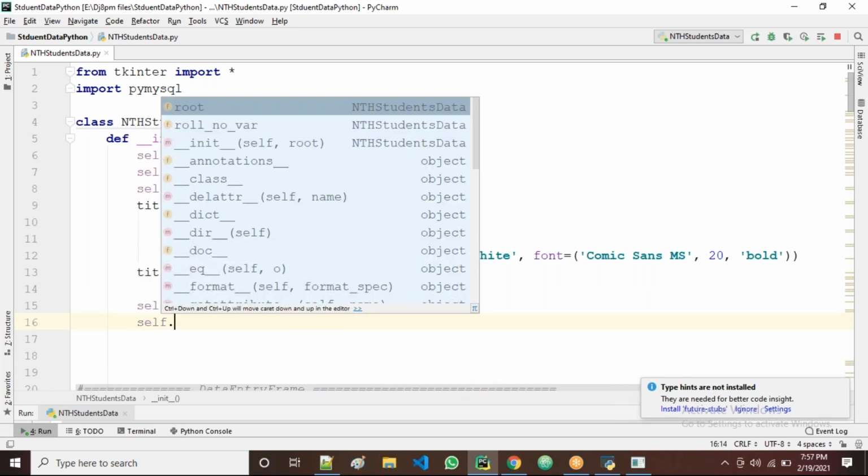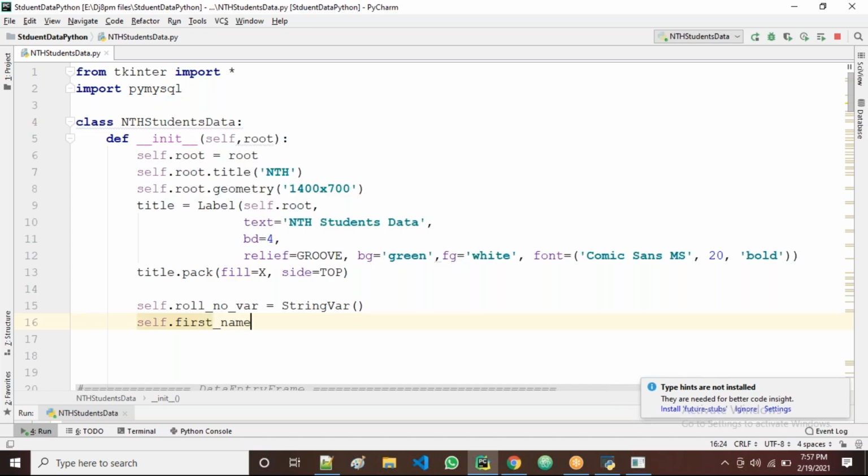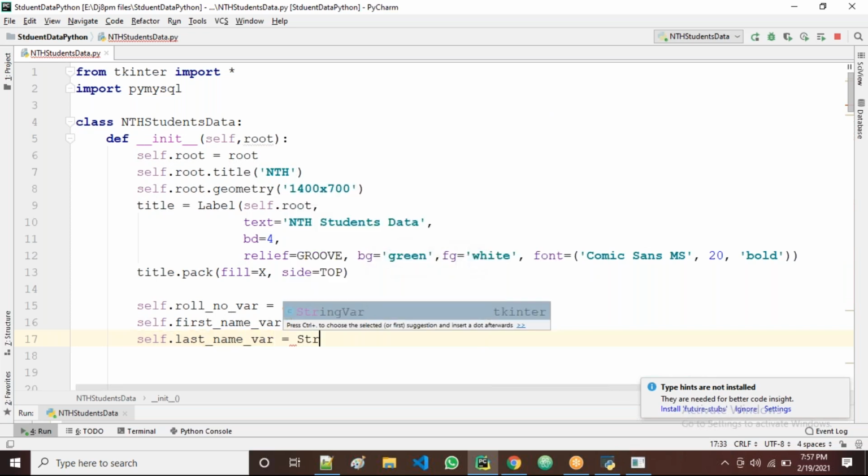Self data. What's next? First name variable. We'll take the string variable. So first name is over. Next, self data last name variable. For this variable, give the type. Which type? String variable type.